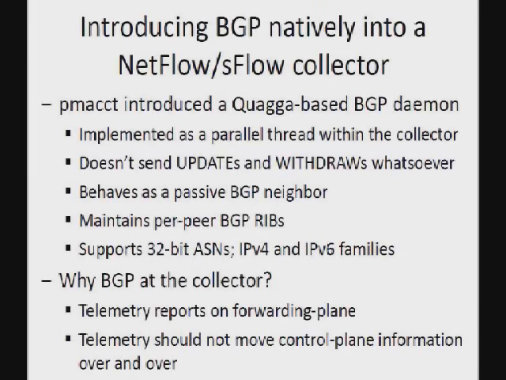Features of this BGP daemon are that it behaves as a passive BGP neighbor, and that has a nice implication that we will see in the next slide. The other thing is that it's a multi-RIB BGP daemon implementation. Why is that? Imagine you have a very big network, and you are peering with the same people in various parts of the world. You want to capture localized BGP information. You don't want to work out any global best path or anything like that. You want to capture all the local information and look it up.